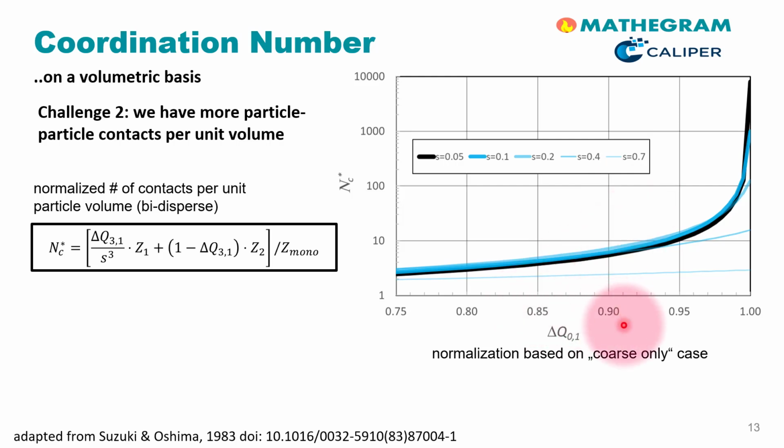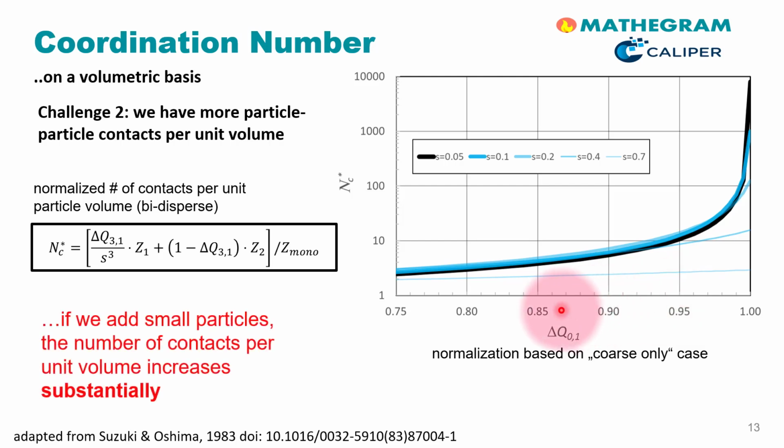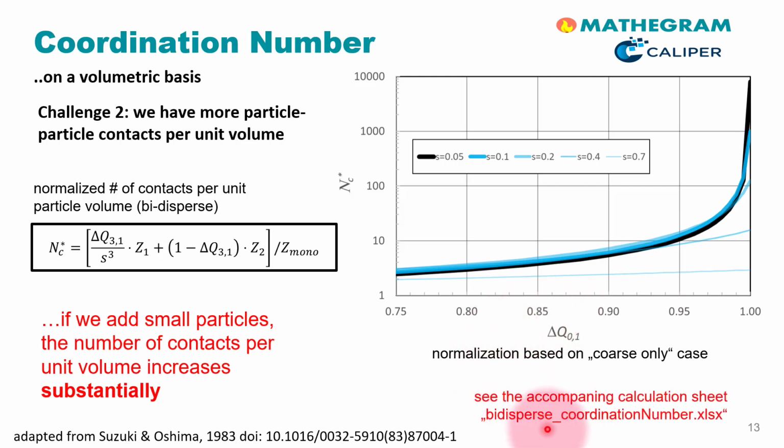Anyhow, you see the number of contacts skyrockets above a certain fraction of approximately 0.95, meaning that per unit volume we will have substantially more contacts. Consequently, a significantly higher computational expense for contact detection and force calculation is necessary. To make these calculations transparent for you, I have placed the accompanying calculation sheet, which is called bidispersed coordination number.xlsx,